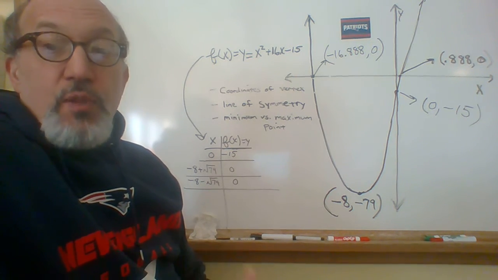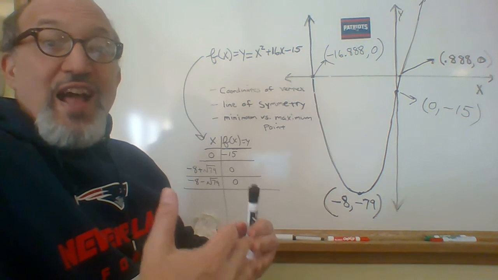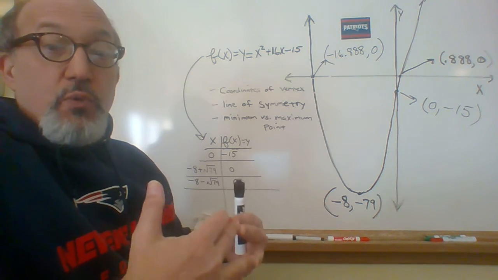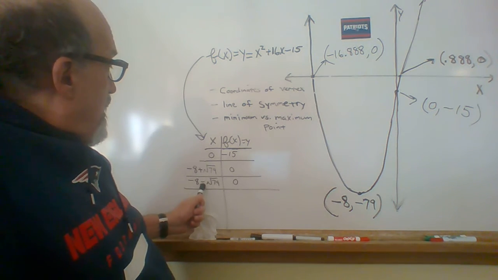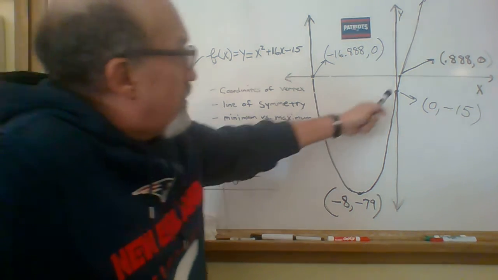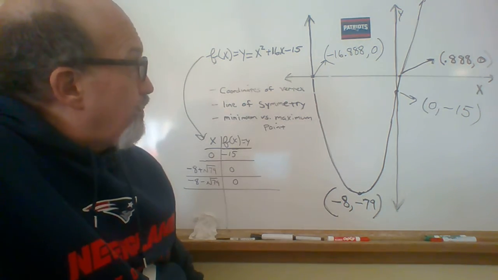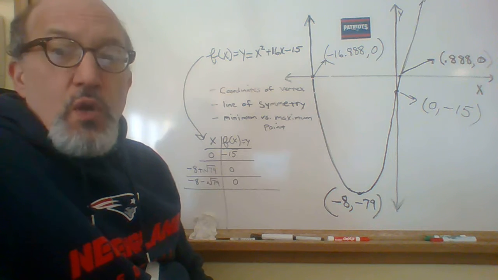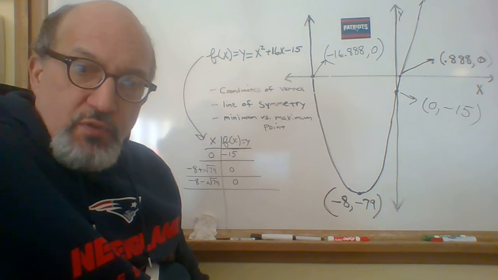That's easy. In the previous video, we found the two so-called zeros, the two values of x that make the function equal to 0, and they were negative 8 plus the square root of 79 and negative 8 minus the square root of 79. These are the approximations of them here. And we're going to now take a look at the vertex. As I believe I've taught you before,